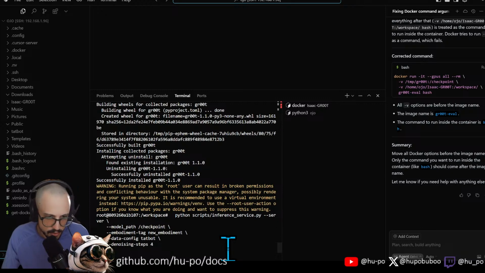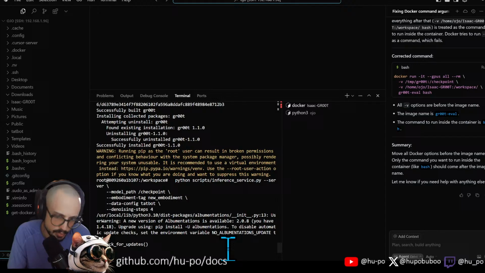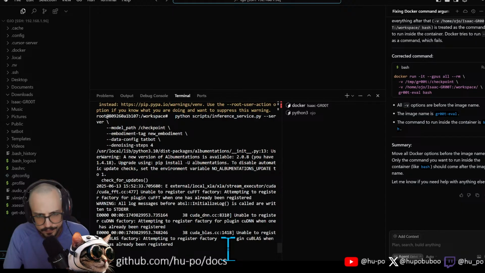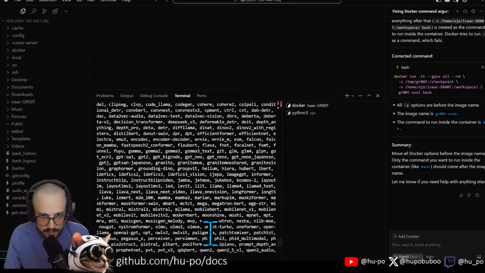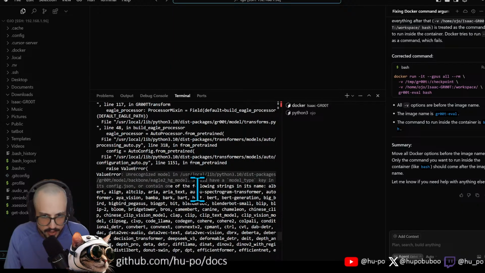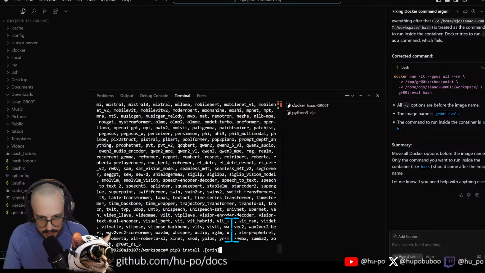See, so now it knows where the script is because we're basically putting it in from our previous thing. This should fail on the no checkpoint found. At some point it should basically be like, I don't know where this checkpoint is. Yeah, unrecognized model in blah, blah, blah. Okay. So let's actually